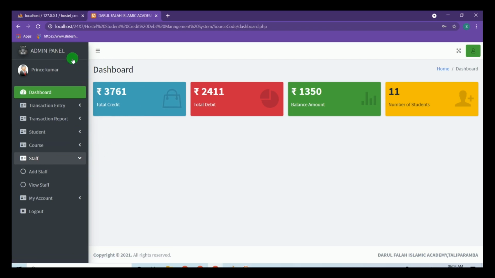The admin and the staff are those who manage the web page. But the difference between the admin and the staff is that the admin has the entire authority of the website, but the staff cannot add the course as well as the other staffs. So apart from these two options, all the other options are the same for the admin and staff. Only the staff cannot add the course details as well as the other staff details.